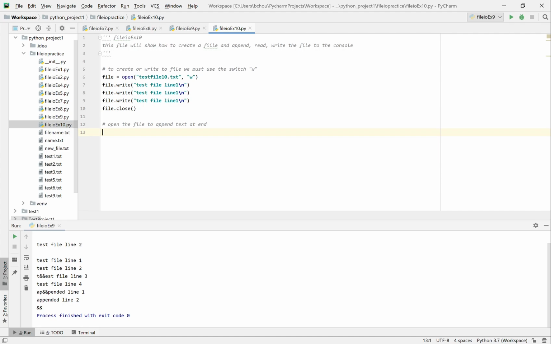But this time we are using the Python context manager. This will prevent the resource leak